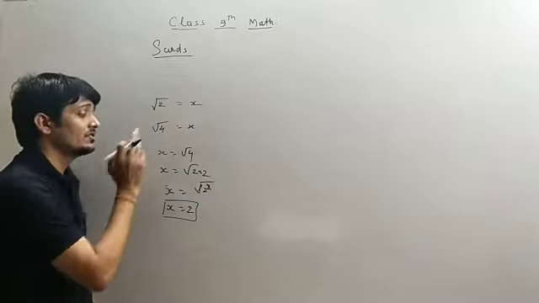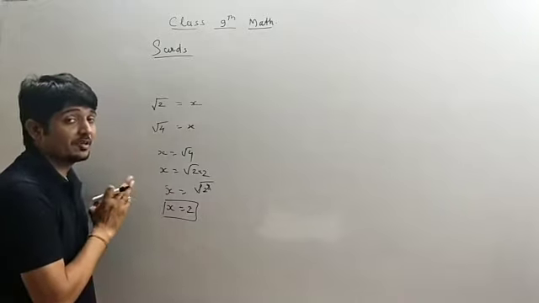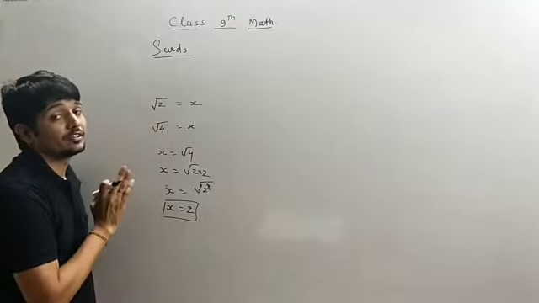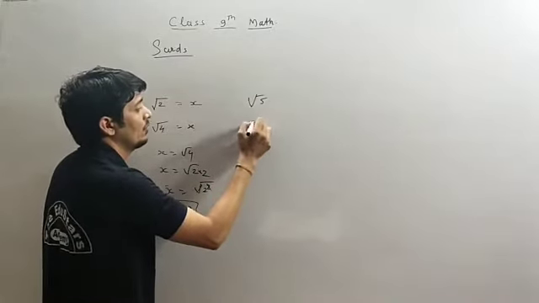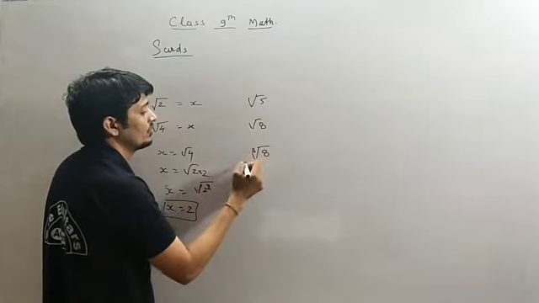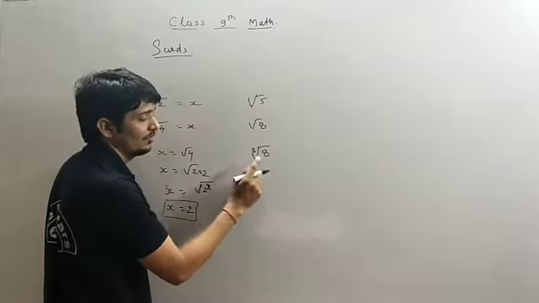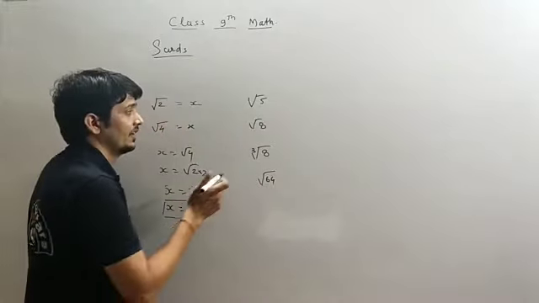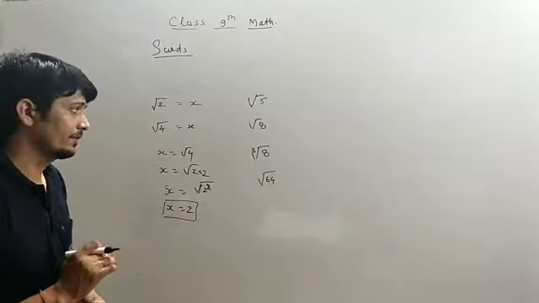Okay. So likewise we have to identify whether the given irrational numbers in the form of root are surds or not. Like we have root 5, we have root 8, we have cube root of 8, where 3 is the root power, and we have root 64, etc. So we have to identify whether these given numbers are surds or not.